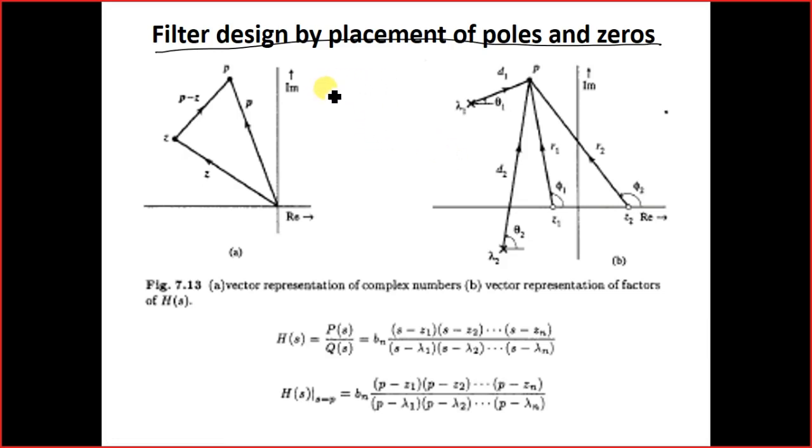So Laplace transform, when we talk about Laplace transform, we are talking about a complex plane. In this complex plane, the x-axis is the real axis and the y-axis is the imaginary axis. Okay, and this imaginary axis is basically the frequency axis. It is given by j omega, and this real component, it is sigma.